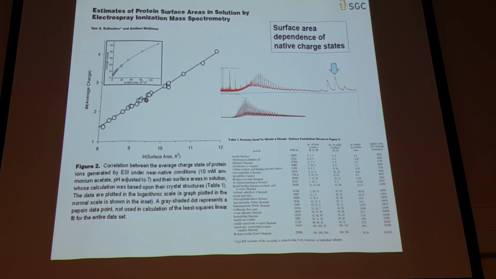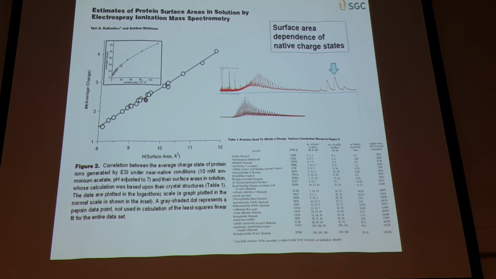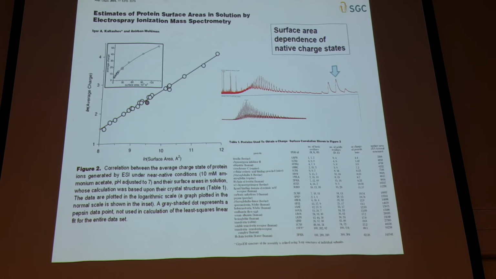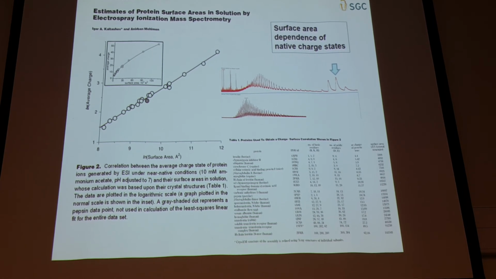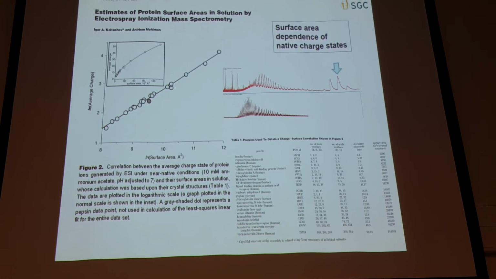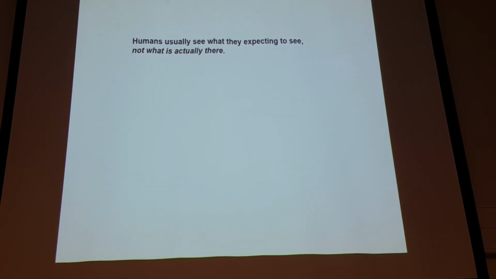Everybody knows this. Everybody in the field of native mass spec knows this. They've all read this paper, but nobody talks about it. Why does nobody talk about this? Because for my money, this is one of the best papers I've ever read. It's one of the most significant pieces of data I have ever seen. People don't talk about it. Why don't they talk about it? Well, the reason is